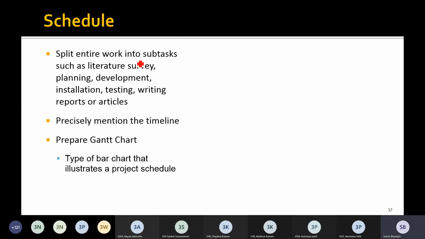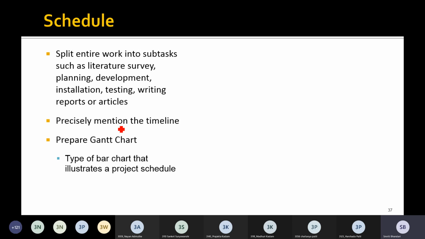Every task requires some time, right? So accordingly, you need to come up with a timeline, you need to come up with a schedule. Precisely, we need to mention the amount of time required with respect to each task. So we should precisely mention that. And what next? Once we have divided our entire work into the subtasks, and whenever we have mentioned the timeline that is required to fulfill each subtask,